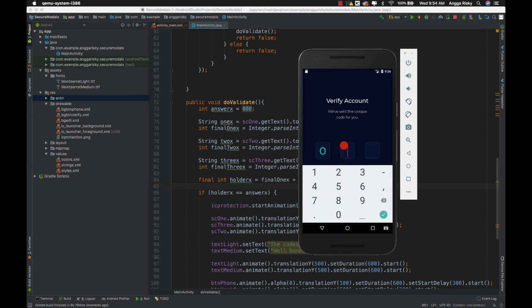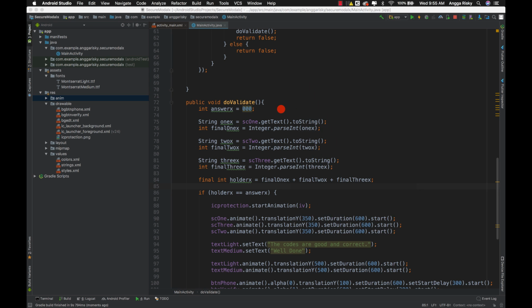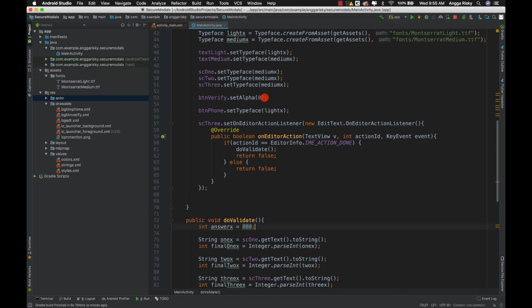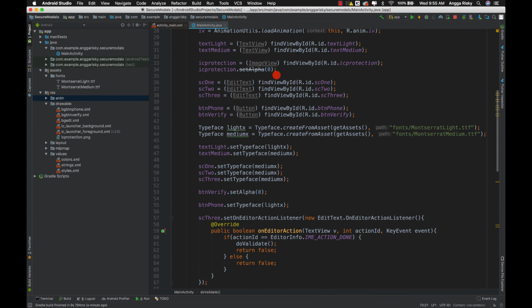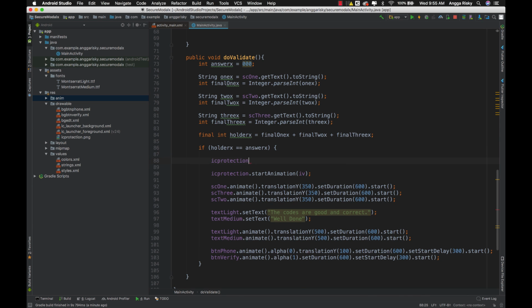So again we 0, 0 and then 0, and it's not working. Okay, I think it is because we are using this alpha, right? I think for this one I have to change set alpha to 1.